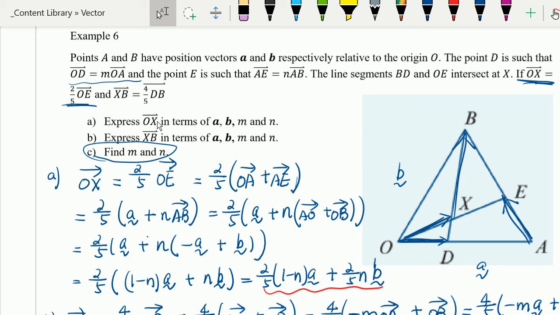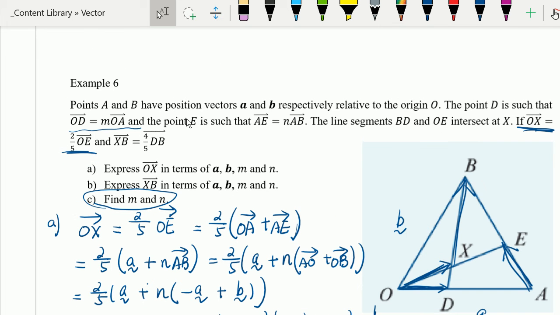And what's OE? OE equals OA plus AE. So when we do the plus, for example, I want to say OE is what plus what. What I can do is I can just put something in the middle. For example, I put A in the middle. So that's just OA plus AE. Or if I put a B in the middle,